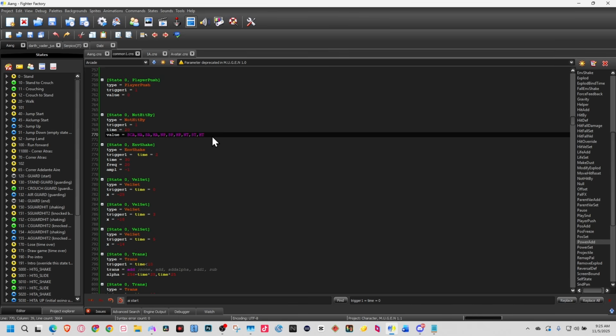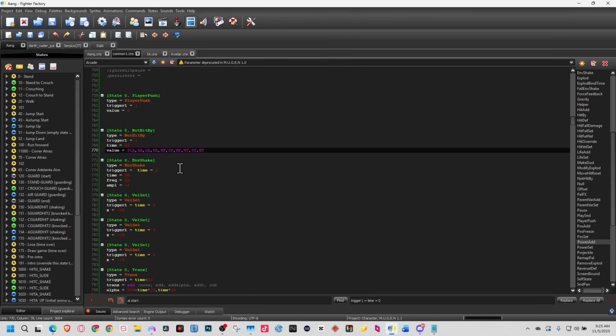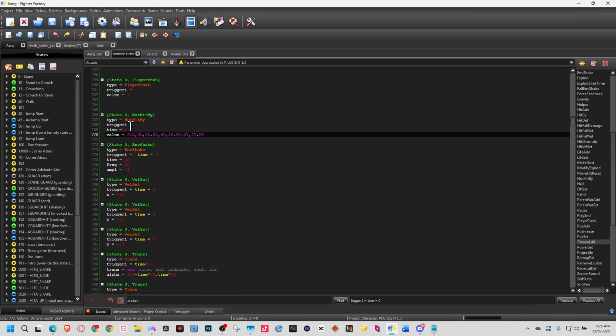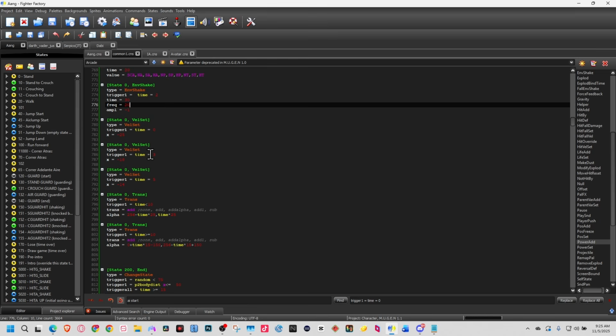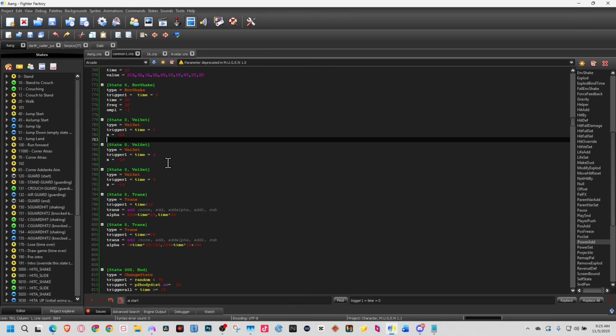It's basically like a dash, a little dodge mechanic. So yeah, you don't want him to be hit. You can add, you don't have to have the not hit by, but it's there for now. NV shake is basically just going to shake the screen a little bit when he does it. You guys can add that. Like I said, if you copy it out of AIM, which will be down below in the description, you will have this code. Vel set, this is basically just how far he goes, these three,